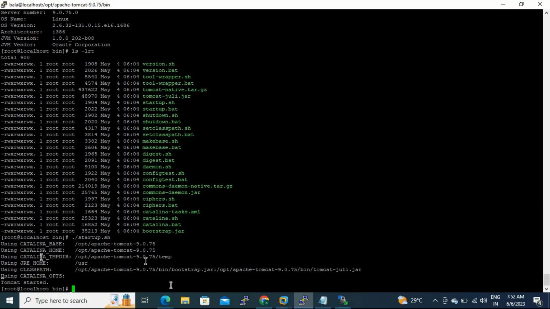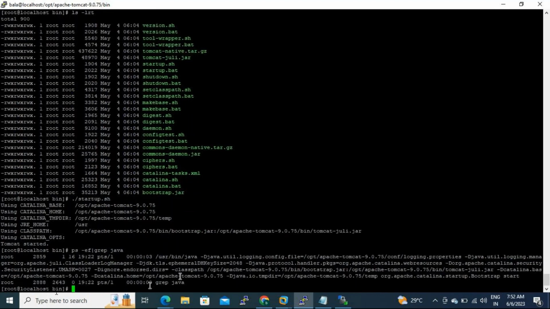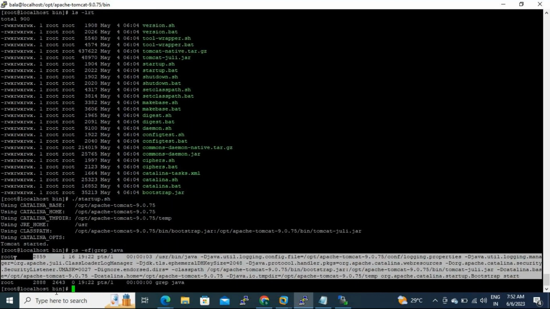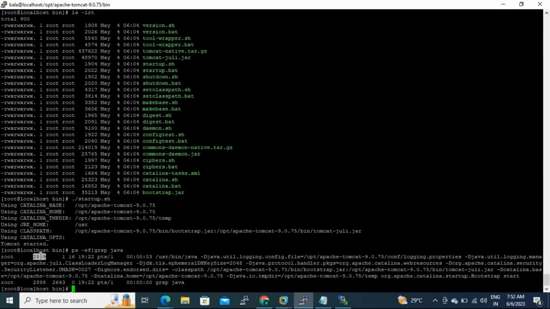Now the command is ps -ef | grep java. So Apache Tomcat is started. You can see the process ID here. If you want to know which application this process ID is related to, okay,